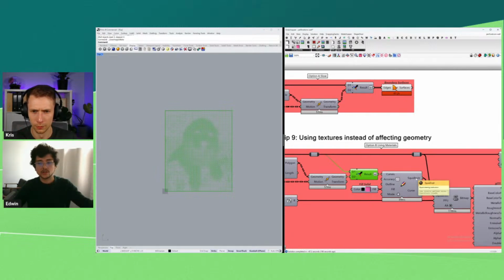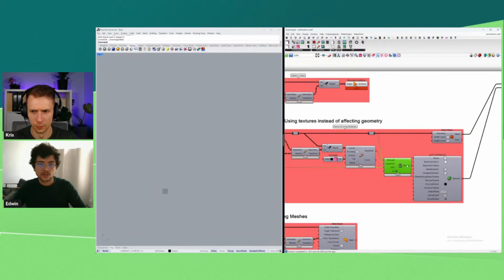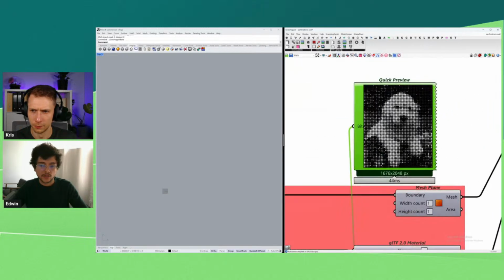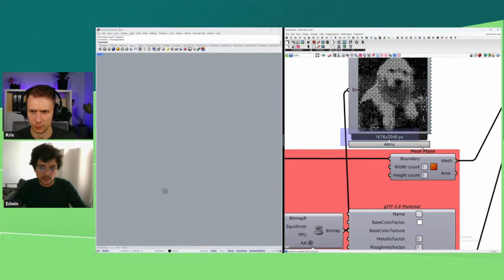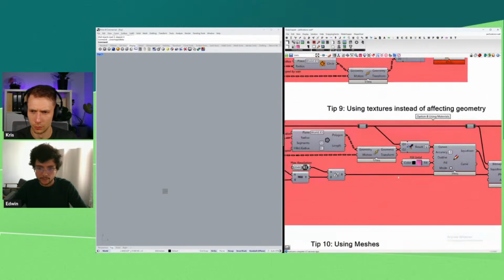It creates an instruction, and this instruction goes into the Squid component that creates an image. So if I check that, this is just an image. I could already export this as an image and save it as a JPEG, and that's it. And you can even see the amount of pixels that it has, which I control actually also here.